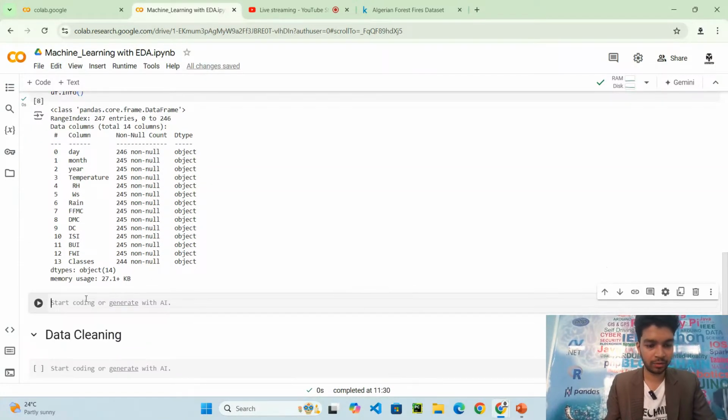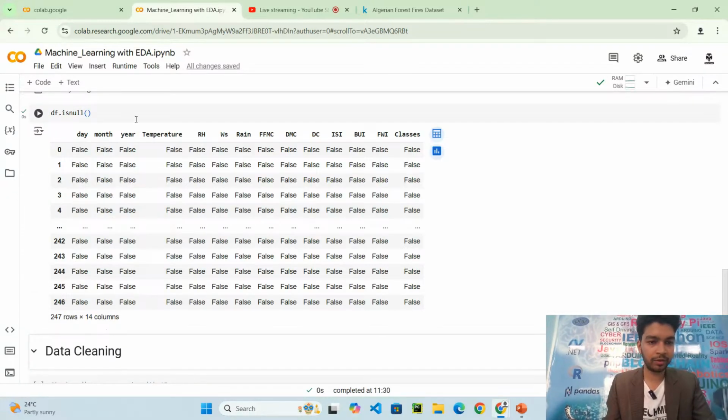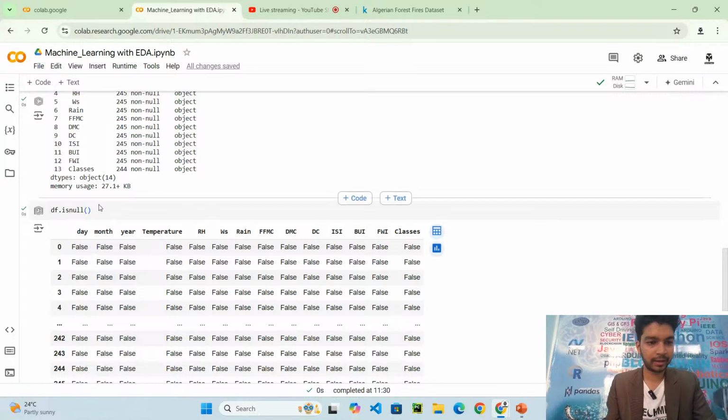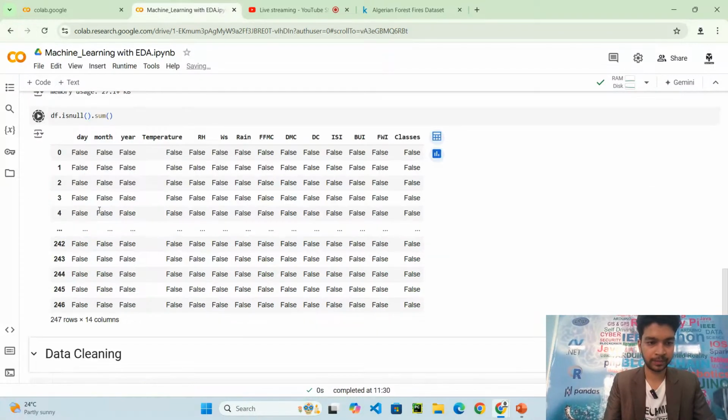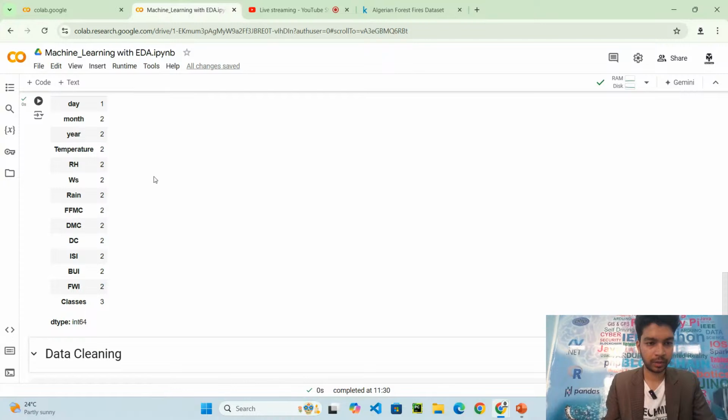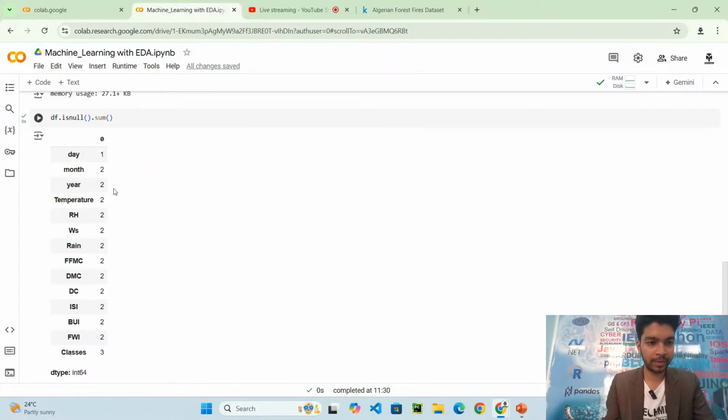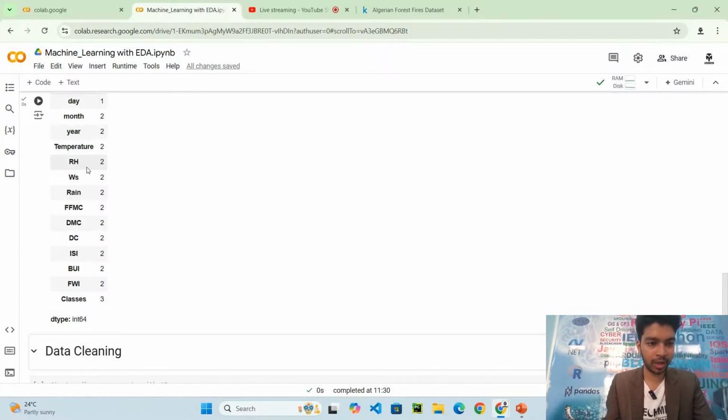And to find out missing values, you have something called df.isnull. isnull will give you the missing data that is present. If you want to see it in a better way, you should type sum. Here you can see in day 1 missing value, in temperature 2, RH 2, WS.